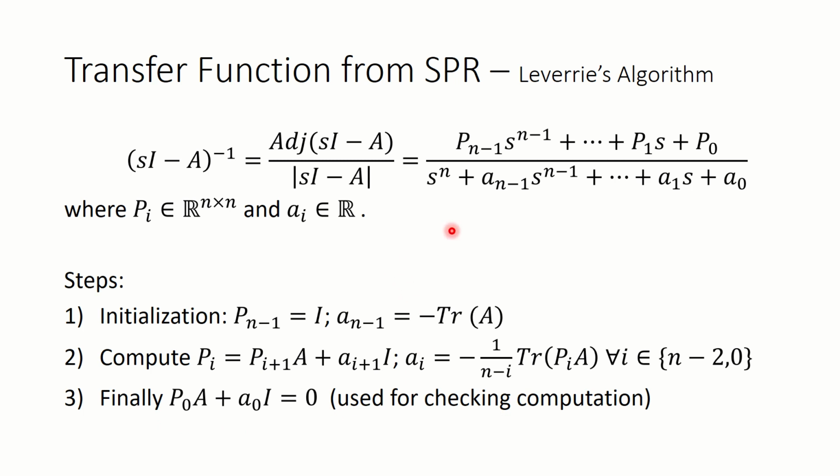So there must be a theory behind this algorithm, but we are not going into that theory. I have also not checked it out. So you can simply use this algorithm to find out the expression of sI minus A inverse. And now we will also look at one example so that we get familiar with how to work with this algorithm.